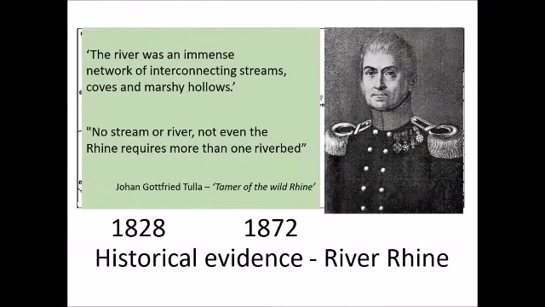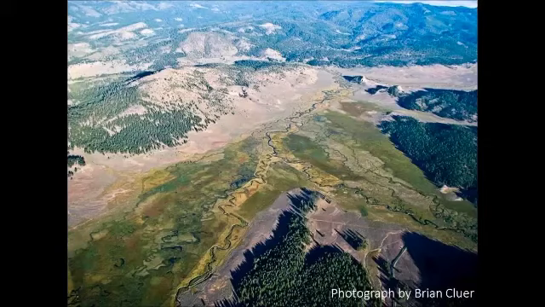And Tulla, the tamer of the wild Rhine, said when he started, the river was an immense network of interconnecting streams, coves, and marshy hollows. And in fact, his belief was that no stream or river, not even the Rhine, requires more than one riverbed. Well, starting really with that 2008 paper by Walter and Merritts, I began to question whether one stream should only have one riverbed. And during that time, I was on sabbatical leave with Brian Cluer of the National Marine Fisheries Service,